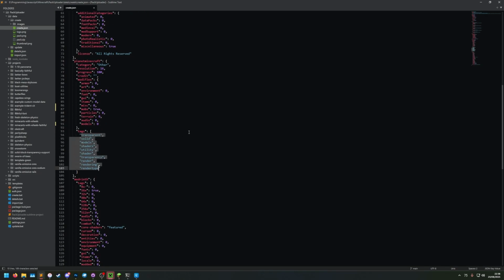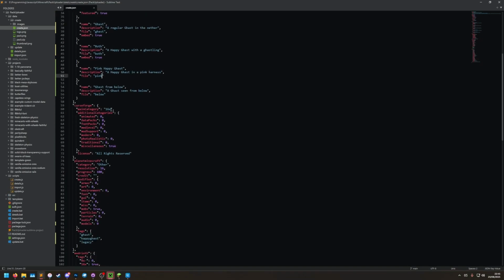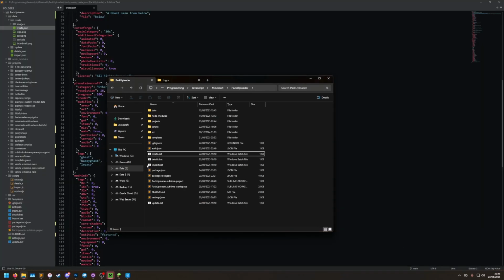Now let's add some tags. Now I've added some tags and then we'll go into the Modrinth settings. So again, these are all of the tags that Modrinth supports. If it's a 0, it's off. If it's true, it's enabled. And if it's featured, that means it's a featured tag. You can only have up to 3 of these on Modrinth, so make sure you don't go over that, otherwise it will probably crash. So now that this config file is complete, if I go to the folder,